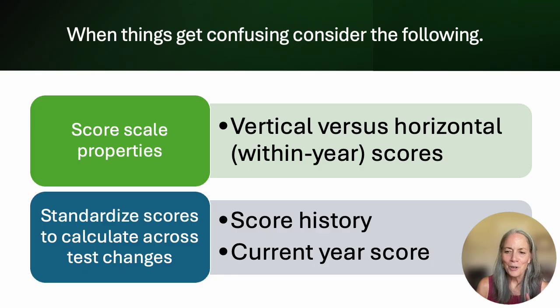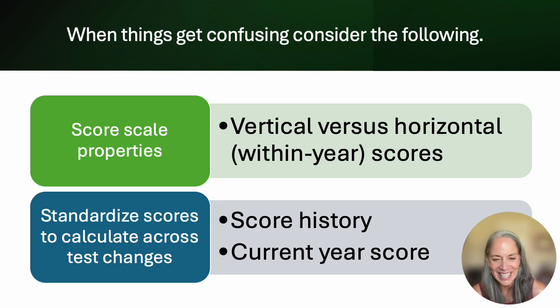Hopefully, what you've learned from this is, when things get confusing, consider the following. We're now living in a horizontal score scale, which means within year. So the interpretation of those scores is first and foremost designed to be about criterion, the grade level standards, and how well a student is demonstrating proficiency on the grade level standards. And then second, it's also when we standardize those scores to